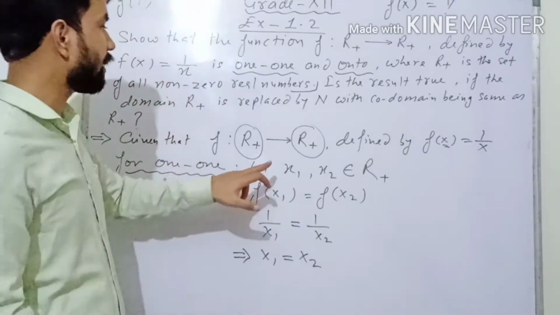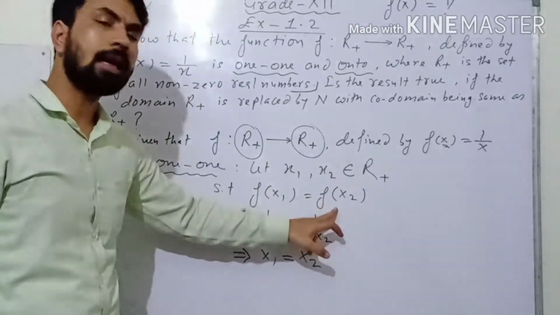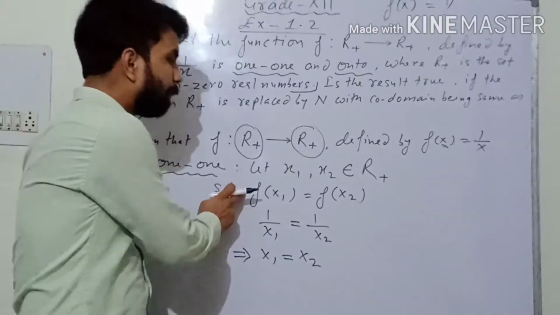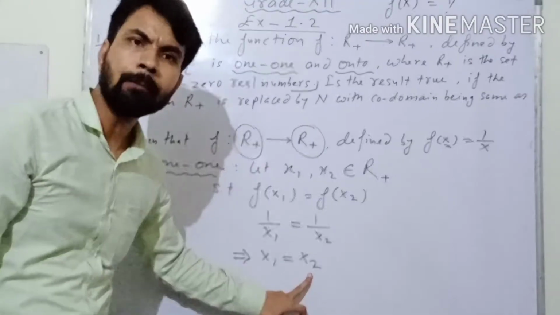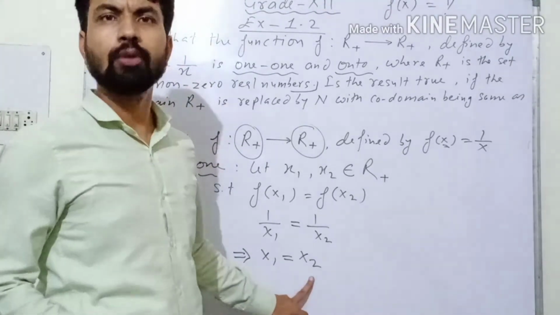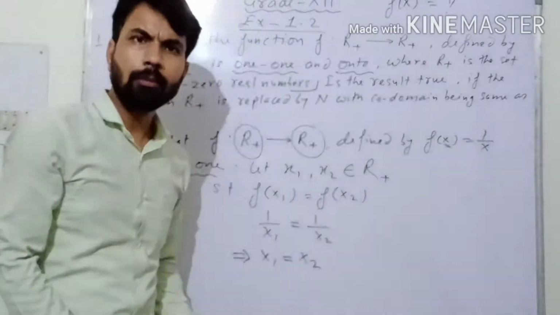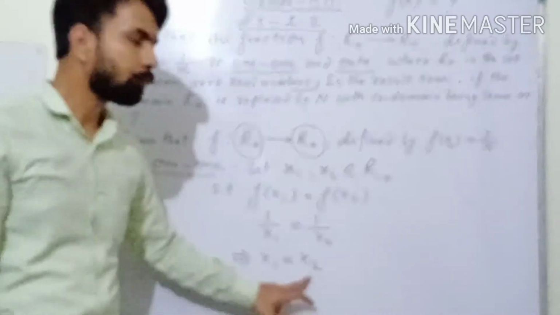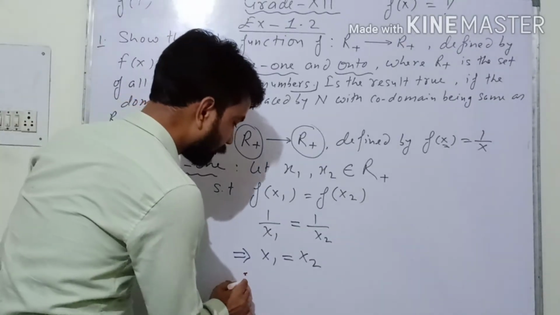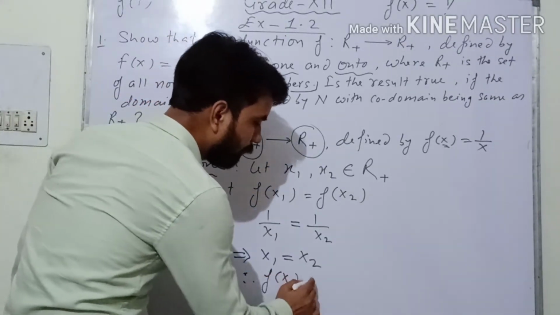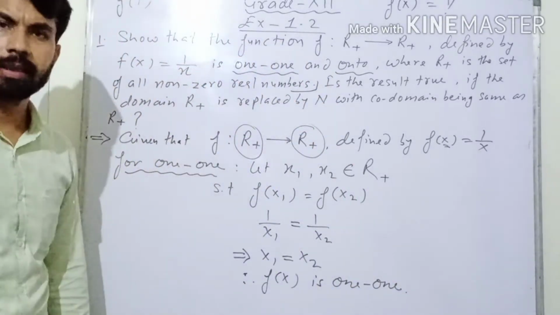What I considered? I considered x1 and x2 are two different numbers belonging to R and their images are same. So here we prove that if images of two elements are same, then these elements will also be same. Means x1 and x2 are not two different numbers, but both are same. अगर दोनों सेम है तो उनकी इमेजेस तो सेम होंगी ना. x1 अगर 1 है, x2 भी 1 है, तो इमेजेस भी कैसी होंगी? सेम होंगी. So here we can say that hence the given function is 1-1. Is that clear?